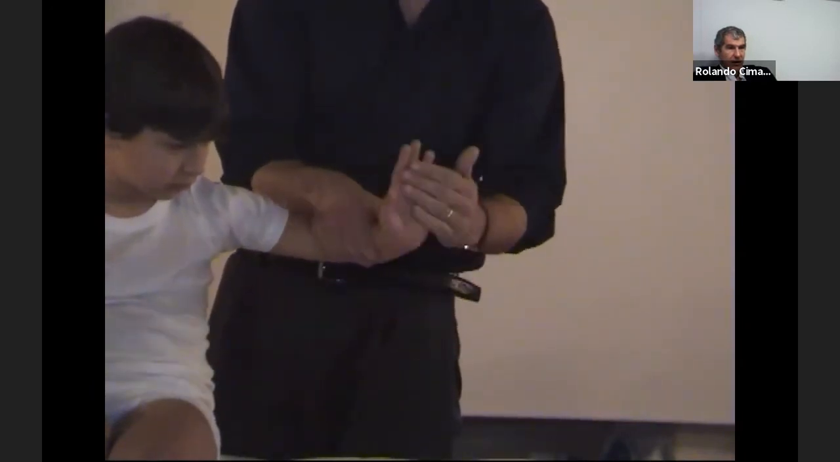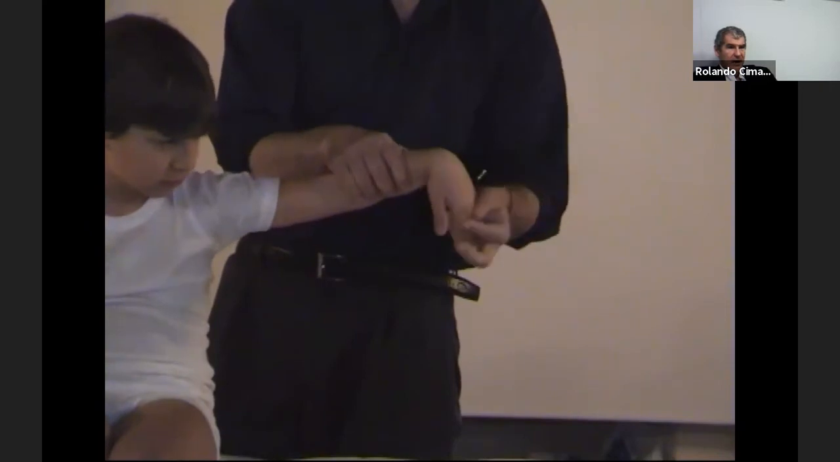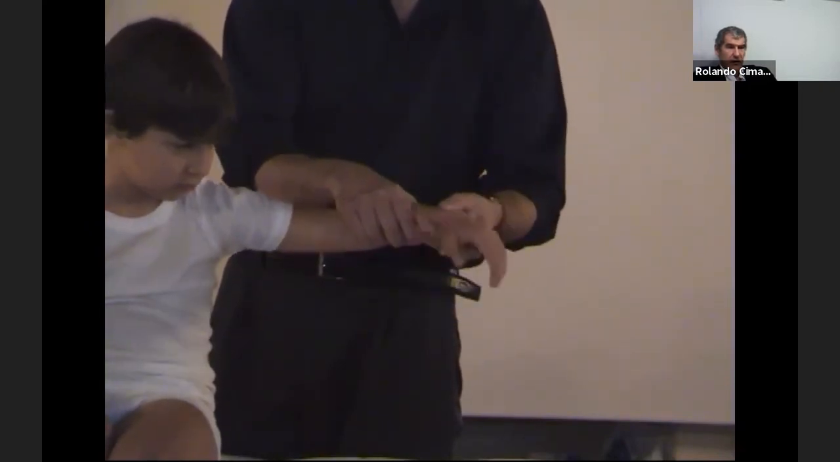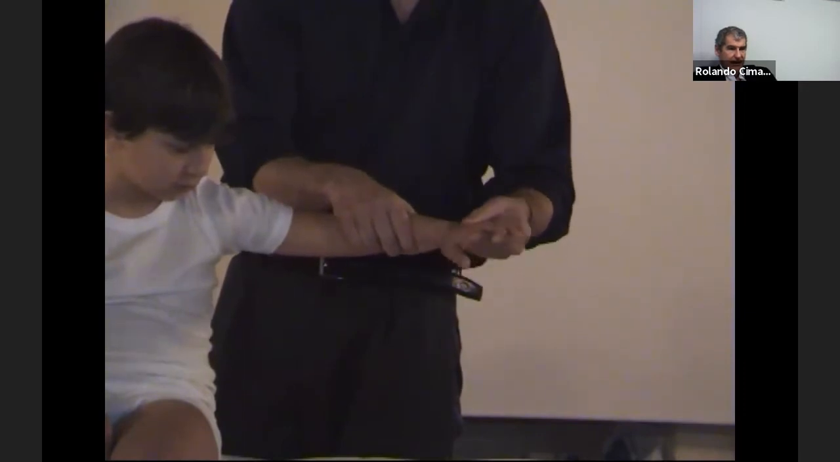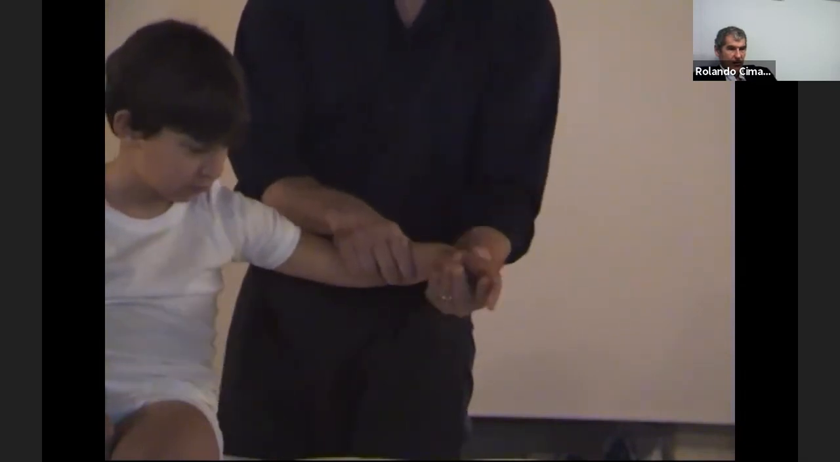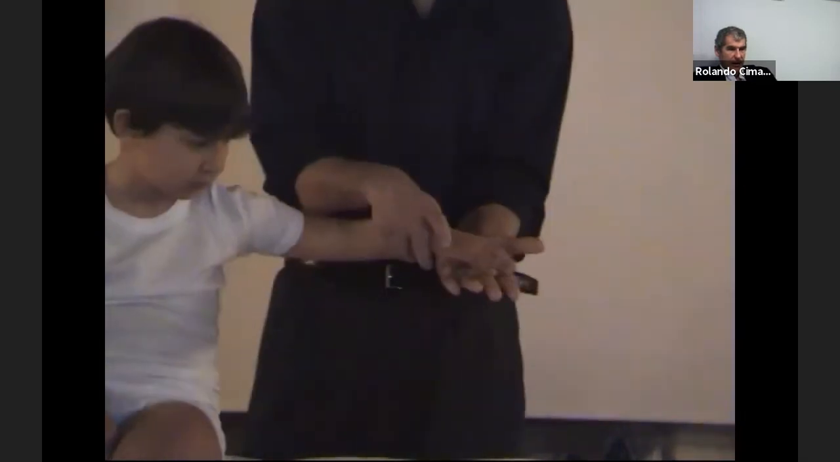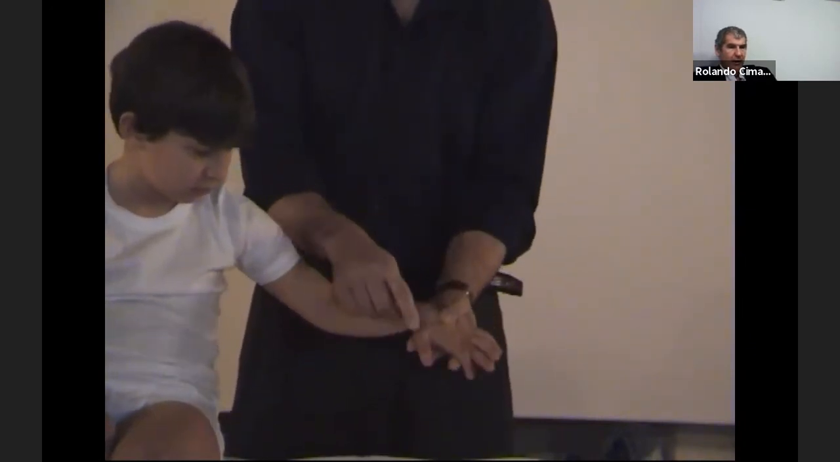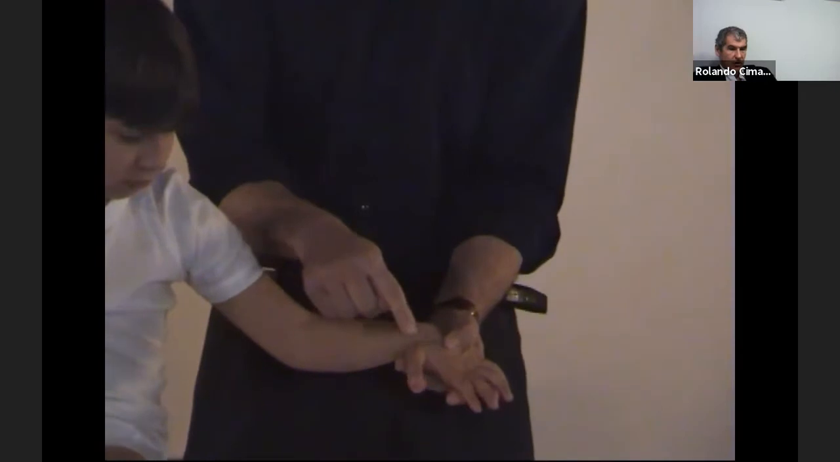Then there will be flexion 90 degrees, extension 90 degrees, back and forth. If there is inflammation, the child will retract the arm. This child obviously is a healthy child, so the movement is normal and not restricted. And then you have to examine every single joint of the hand,